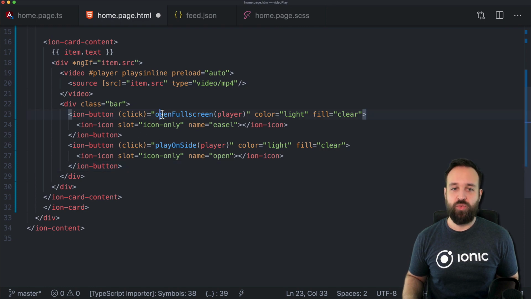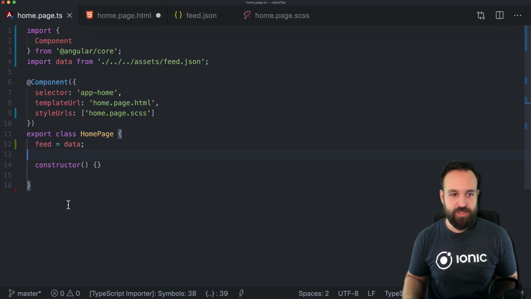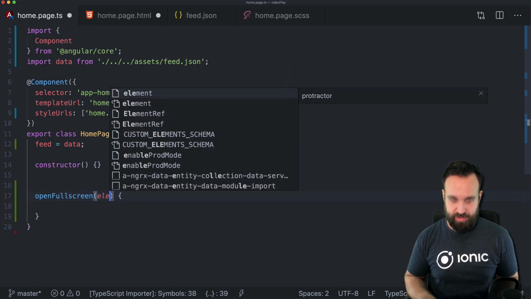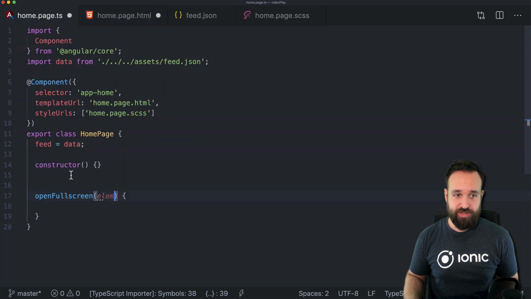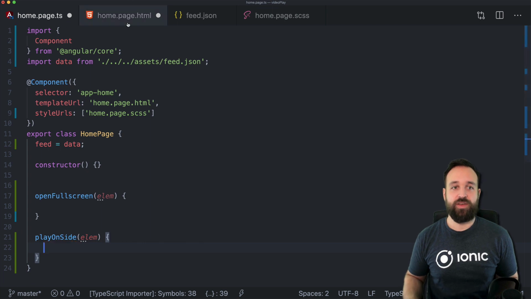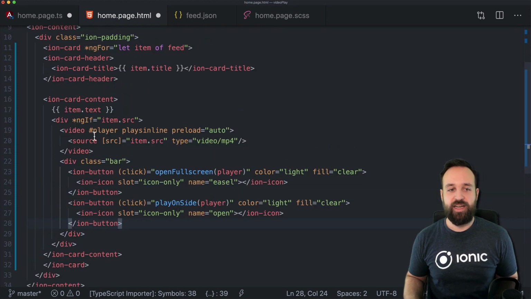So one button will be used to open the player in full screen. This player variable is a reference to this one actually. So it basically passes the template reference to the open full screen or to the play on site. And therefore, let's add the open full screen with an element, or we also got play on site with another element. Okay, but before we go into the details for this, let's first of all get all the player items,